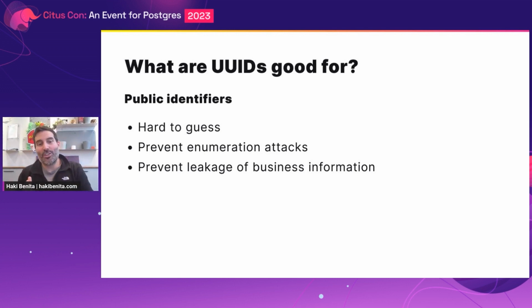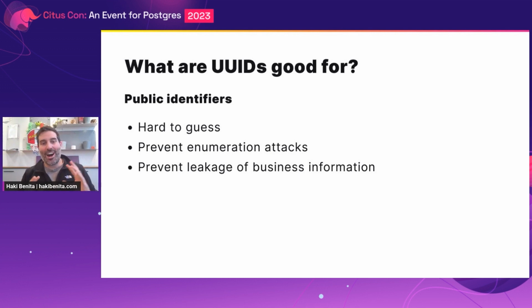Another common use case for UUIDs is public identifiers. And the reason that they are so good is that they are very hard to guess. Now, I'm going to give you an example. Say you have an e-commerce shop, and you have a customer placing an order. Let's say that you give this order the number 5. Now, a sophisticated customer might think that, wait, if there's an order number 5, there's probably going to be order number 6, 7, 8, 9, and 10, right? So this is called an enumeration attack, when someone can guess IDs of objects in your system.